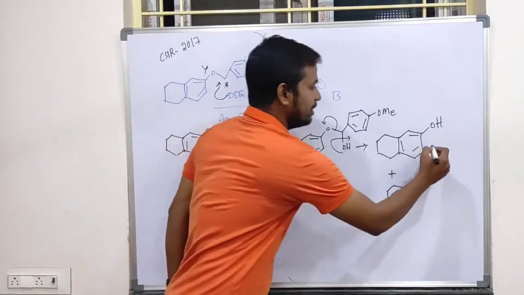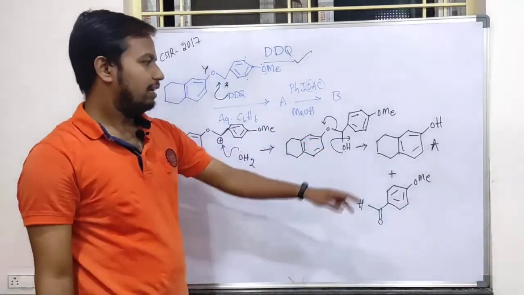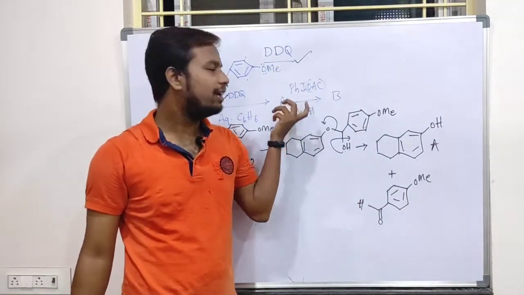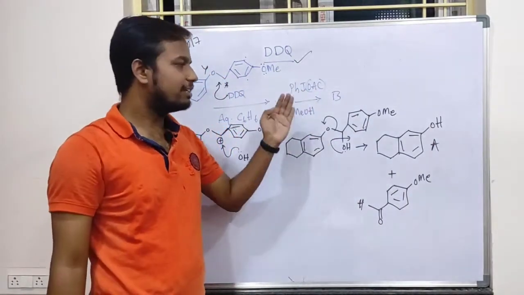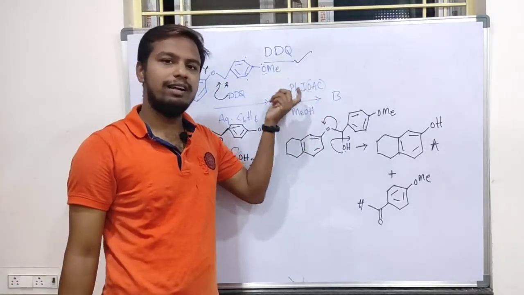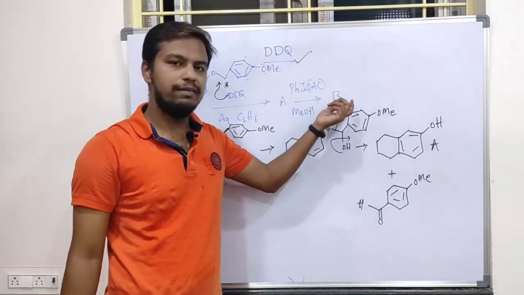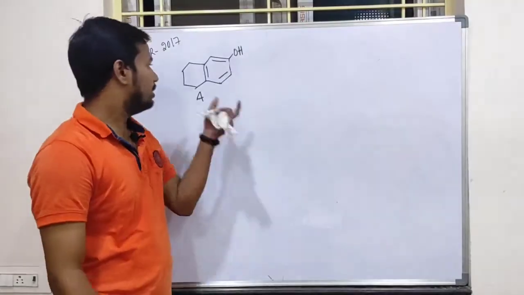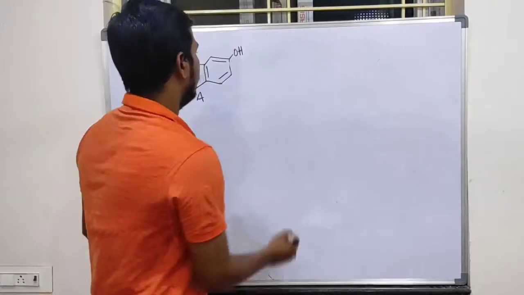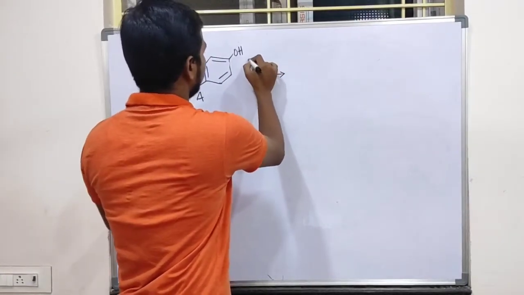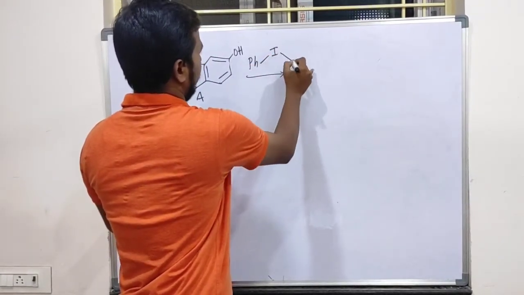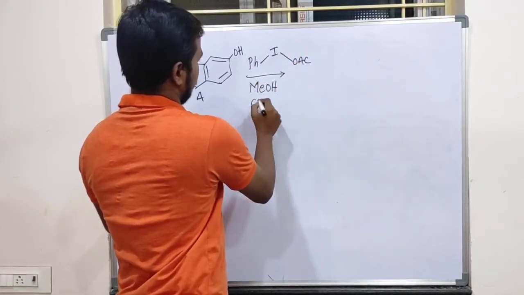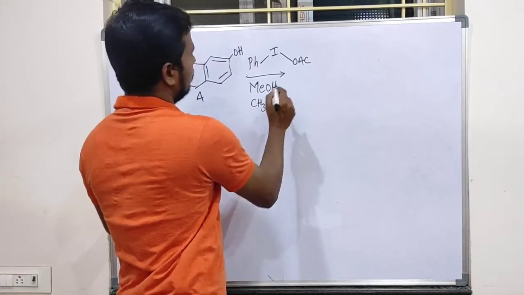So here this is A. Why is this A? It has only the nucleophilic character, and here an electrophile is there, that is step 2. We will discuss step 2 now by using this reagent, and we will find out what is B. We have found A, we need to obtain B. This is the product A we got. So A upon reaction with this kind of species, that is PhI and OAc, in the presence of methanol, that is CH3OH.